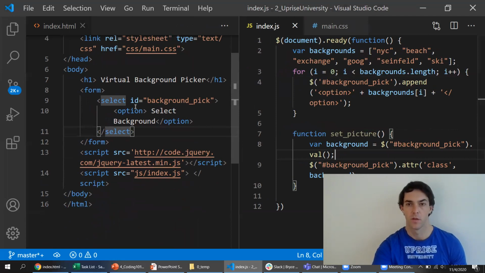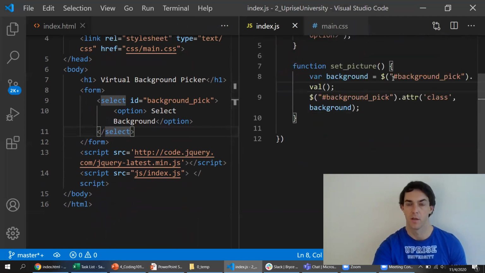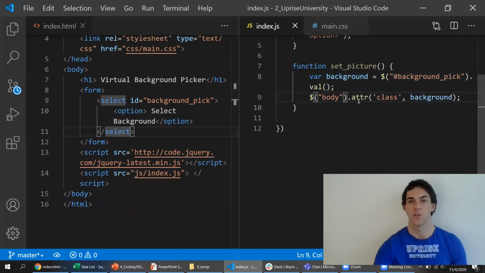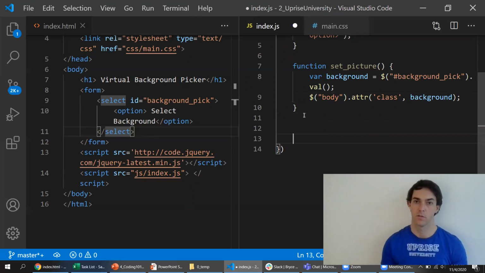So when the form changes, we have to create that button, but I'll get the value and set it equal to the variable background, and then change the background. And this is actually not going to be for that; it's actually going to be for the entire web page. So it's going to change the background for the entire web page to the class of this. So what we're going to then have to do is first create the button, the jQuery button. So we're going to say